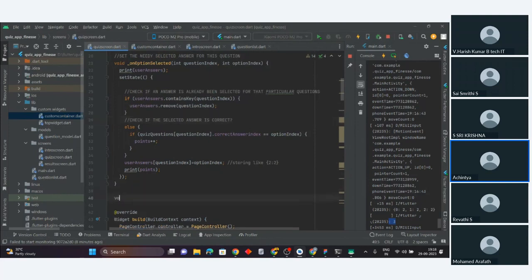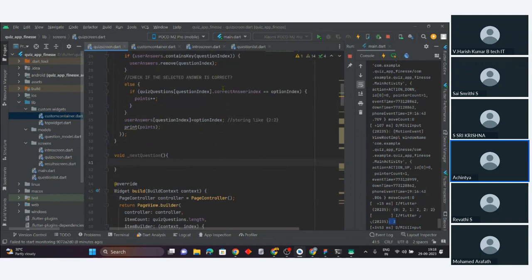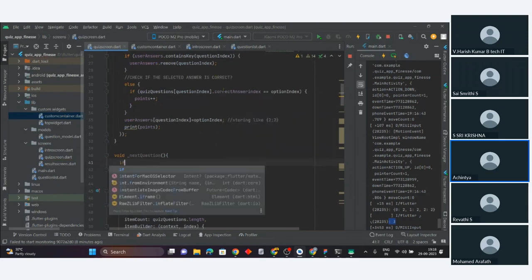So let's write a function for that. Void underscore next question. This will be a function only. And here what I want is actually nothing. I just want to check the length of my quiz question. If it is over, that's it. So what I will be doing here is, if my